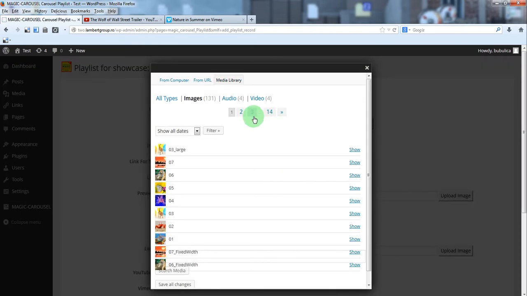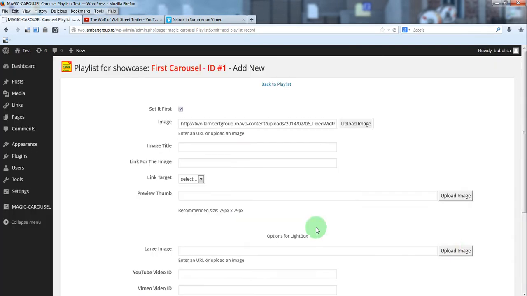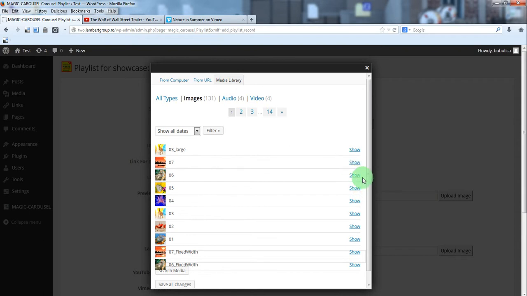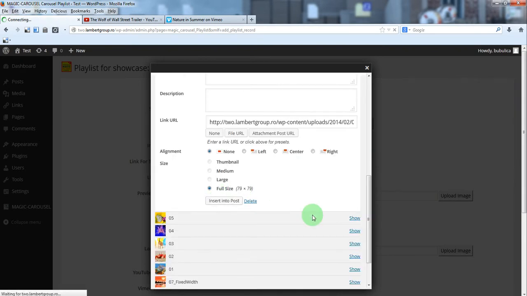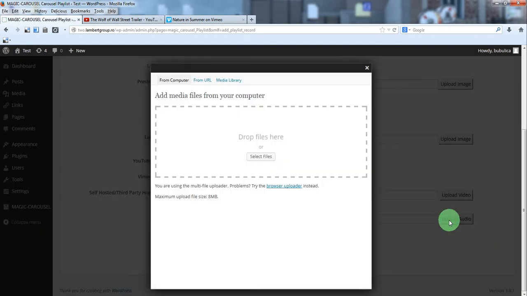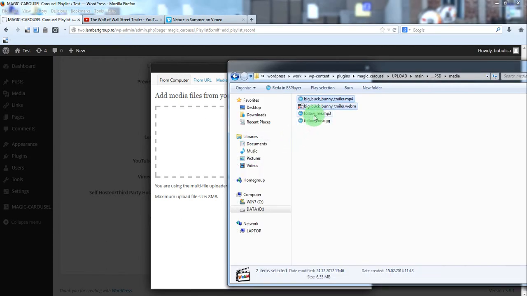Now let's add an audio file. It is the same thing for the audio file. You'll take it from the Media Library, but you first need to upload it in case you don't have it in the Media Library.